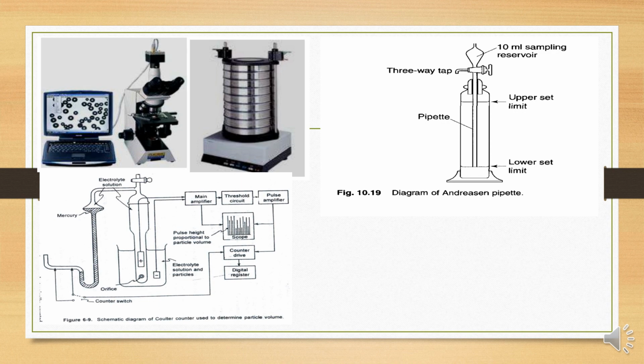For this method, first we fit our eyepiece with a micrometer, and we calibrate the eyepiece micrometer using a standard stage micrometer. We take our powder sample in the form of a suspension and find out the particle size. Around 625 particles need to be counted in order to estimate the true mean. We have to consider the diameter of each, and counting so many makes it a very tedious method.